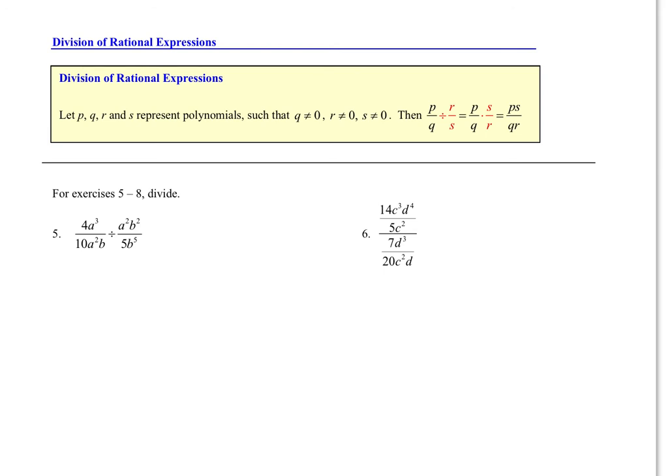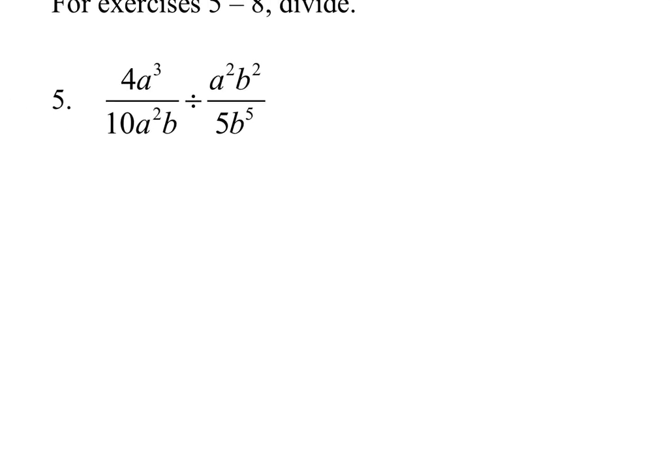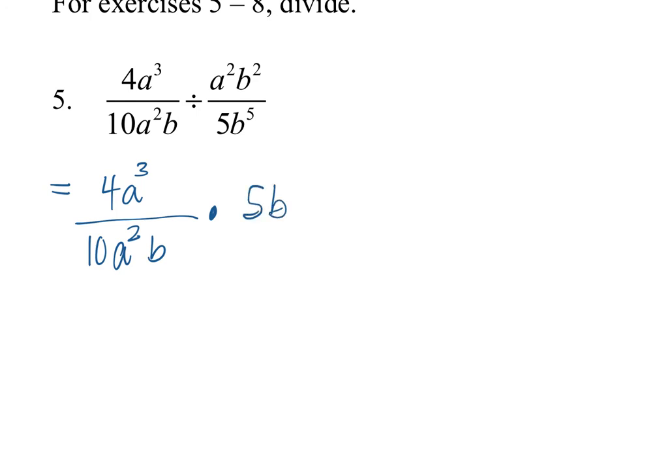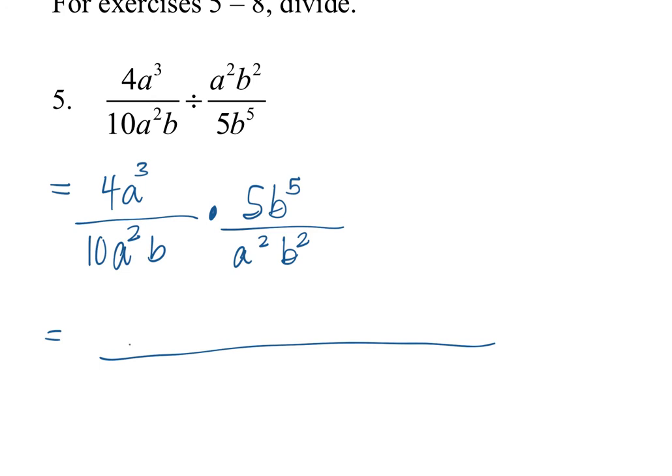So on number 5, that means I would leave 4a cubed divided by 10a squared b the exact same. I would change it into a multiplication problem, and 5b to the 5th would be my new numerator, and a squared b squared would be my denominator. So if I write the prime factors of all of this, 4 is 2 times 2, a cubed is a times a times a, 5 is just 5, b to the 5th,